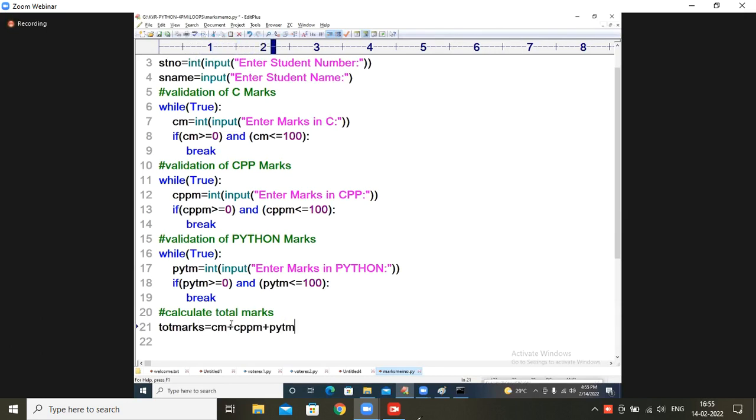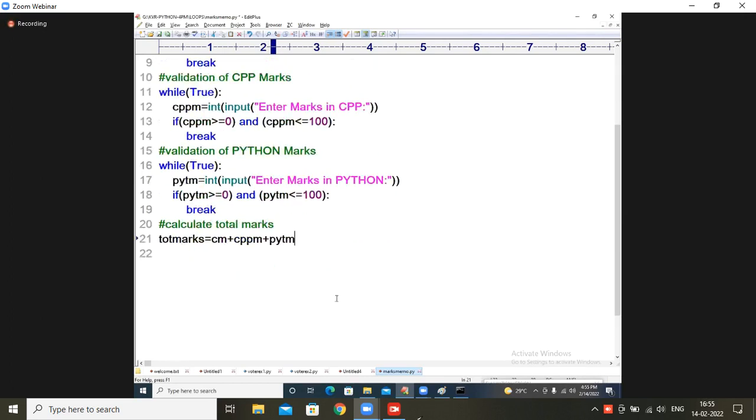CM plus CPPM plus PYTM. Irfan, yes, correct. Yeah, continue that. Percentage of marks, marks percentage, or whatever you like. Marks percentage, marks percent,